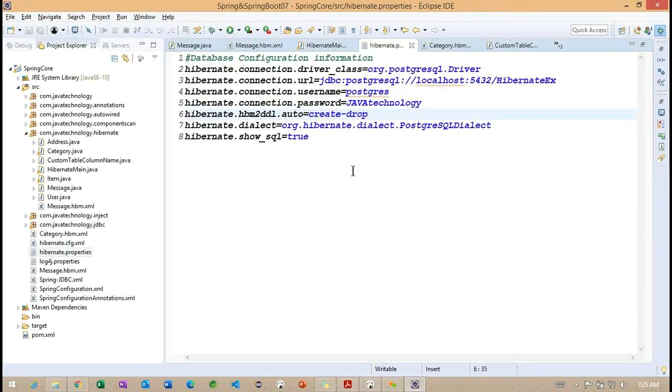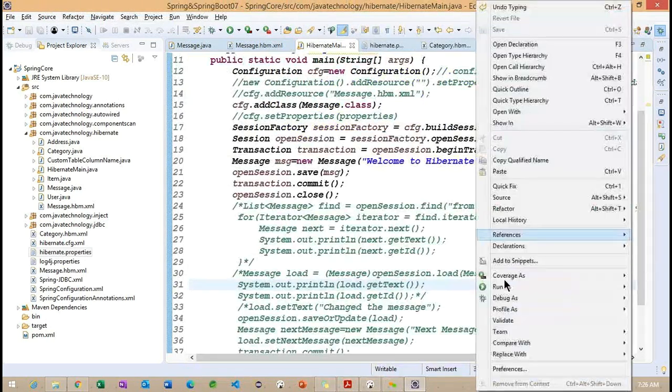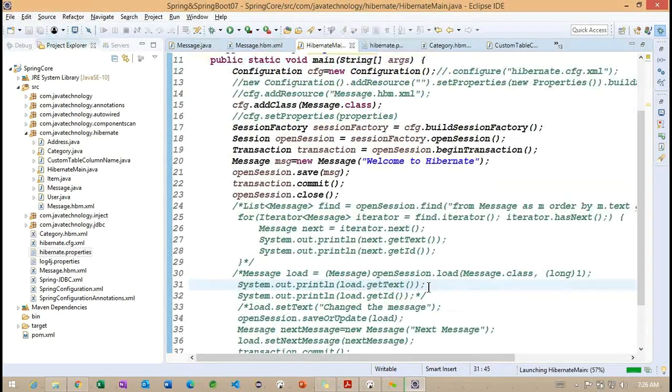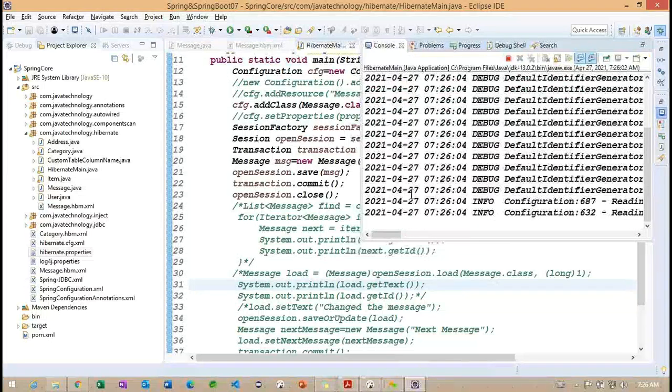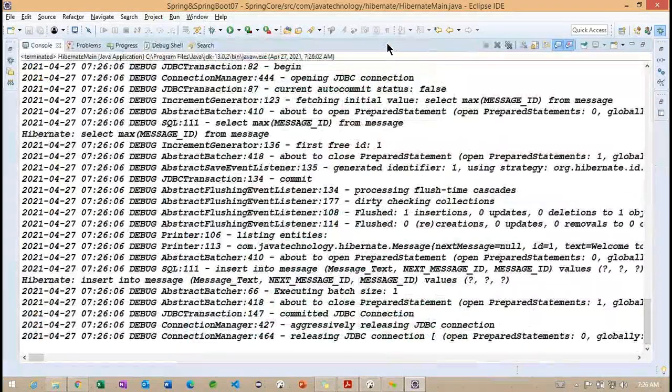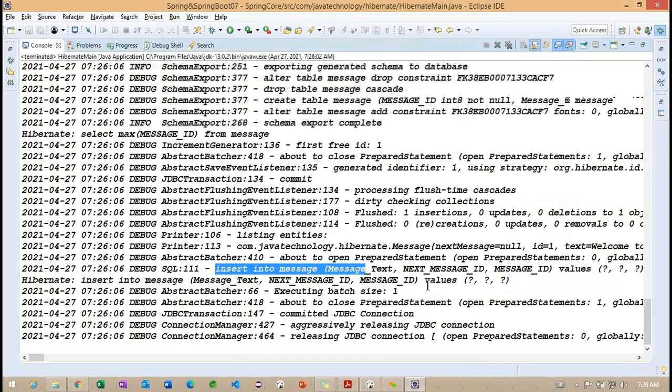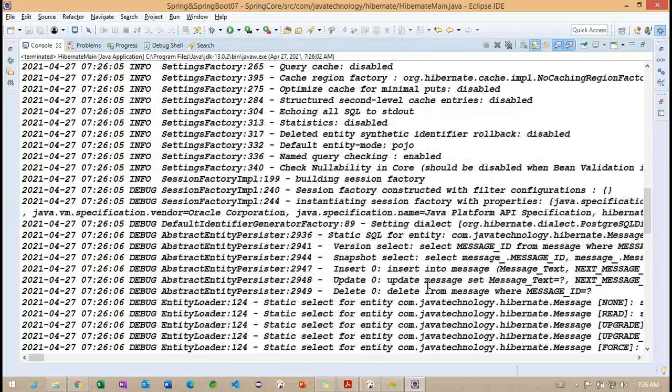We want to change Hibernate DDL auto to create-all. I'm expecting that first the table is going to be dropped. No, the table is not dropping here. We are getting a direct insert.